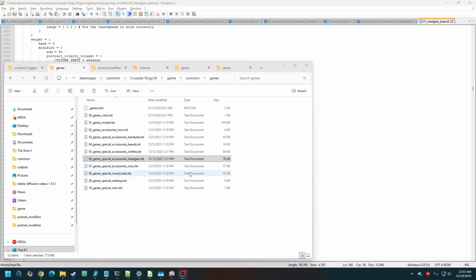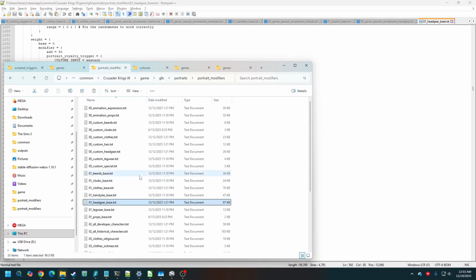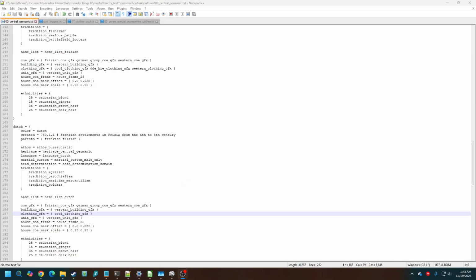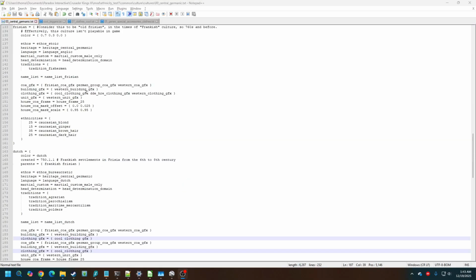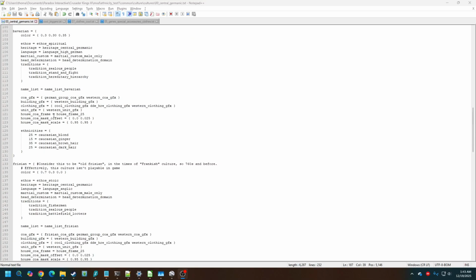Then all of these work pretty similarly for miscellaneous things, which in here would be listed under miscellaneous genes, but then portrait modifiers, these are separate. Got cloaks, props, etc. So I went ahead and made a custom GFX, which I call